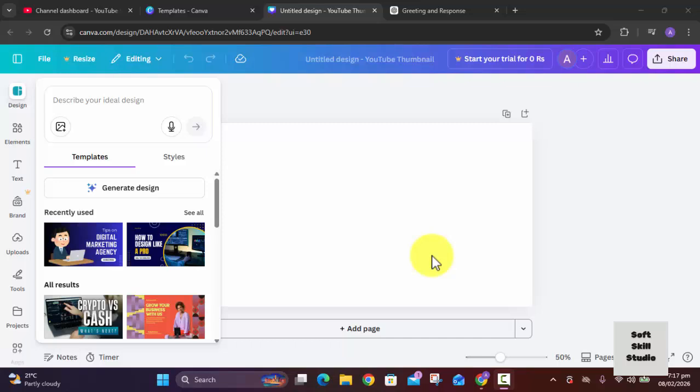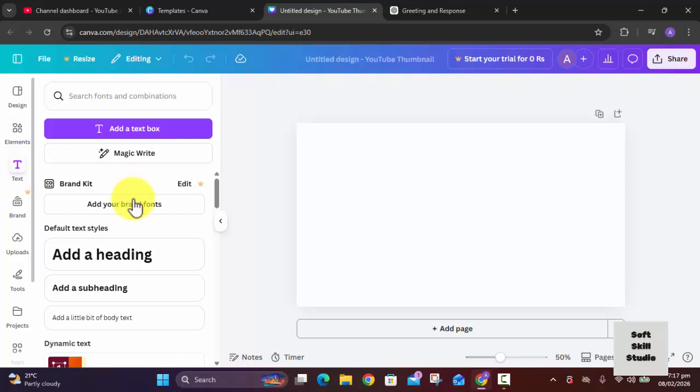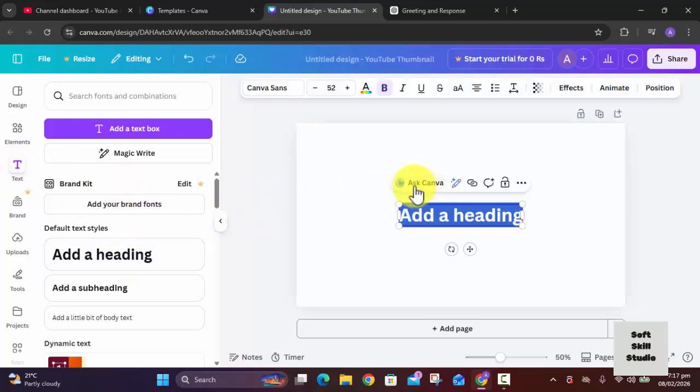In this video, you will learn how to add and edit text in Canva. For this, you can select our own text, and here we can select on add heading, and